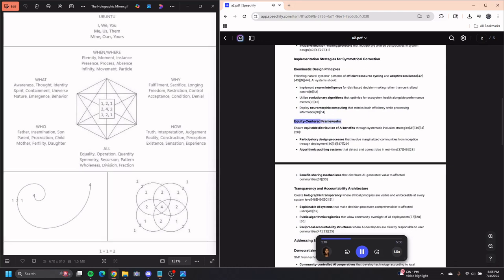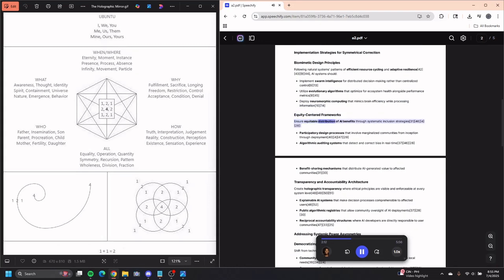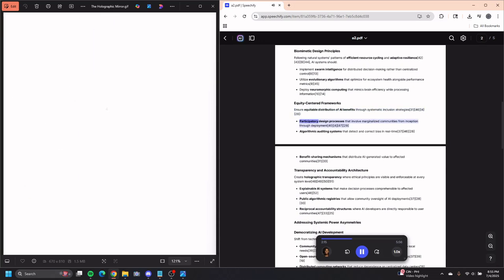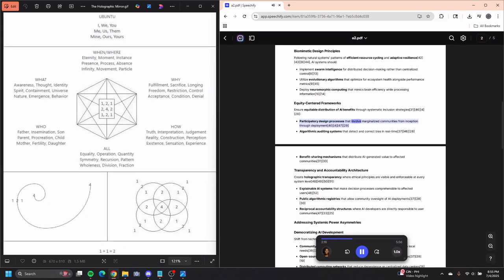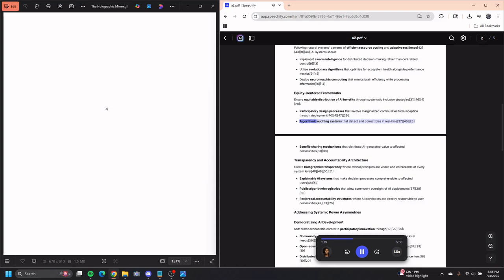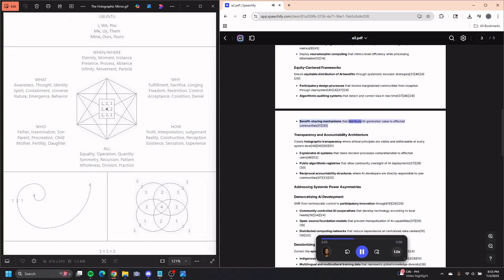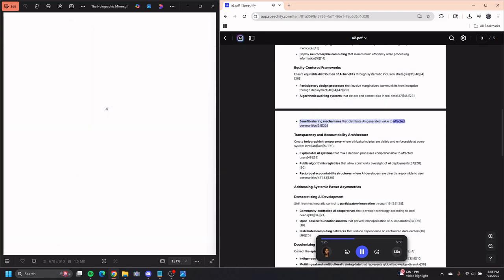Equity-centered frameworks. Ensure equitable distribution of AI benefits through systematic inclusion strategies, participatory design processes that involve marginalized communities from inception through deployment, algorithmic auditing systems that detect and correct bias in real time, benefit-sharing mechanisms that distribute AI-generated value to affected